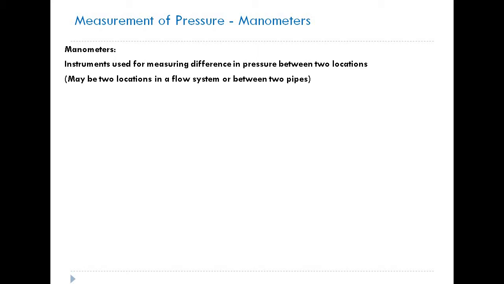Or in a flowing fluid system, there also you can use this U-tube manometer for pressure difference measurement. For example, for a fluid that is flowing through a pipe, you can measure the difference in pressure between two locations if you connect a U-tube manometer there. Of course, there is another instrument arrangement called a venturimeter that is connected.